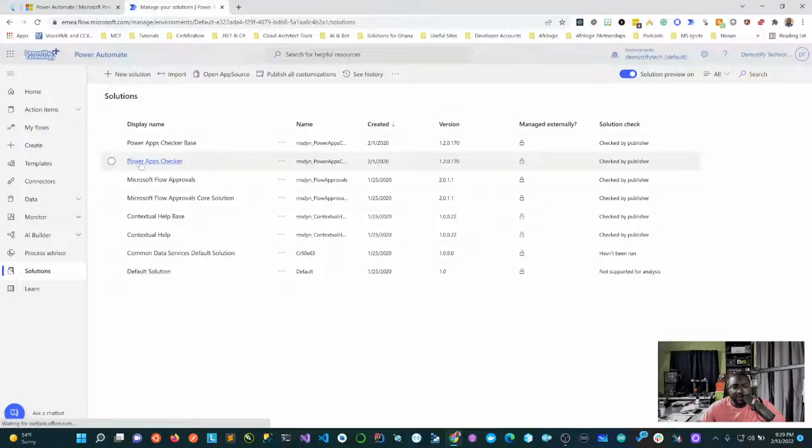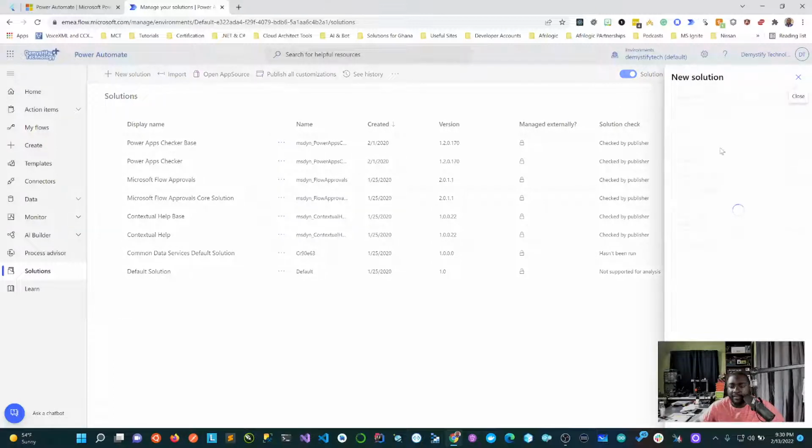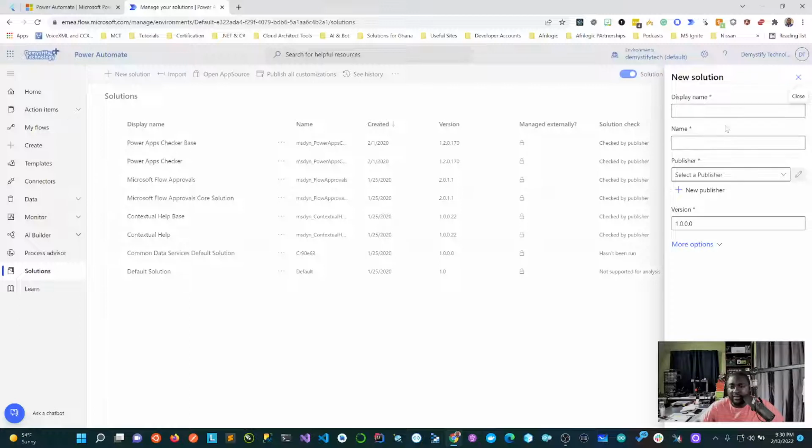So as you can see, Power Apps Checker, Common Data Service Default Solution. So this will be a solution. Let's say this thing we want to do right now, I can create a new solution and we will call this the numbers bot.